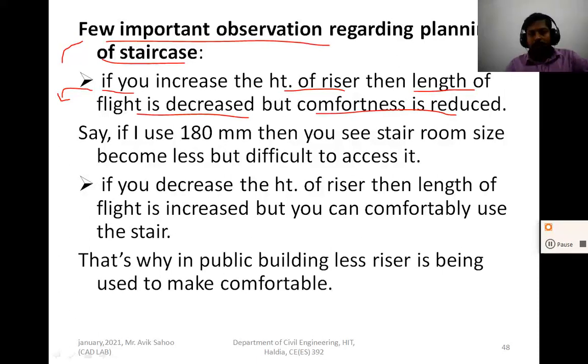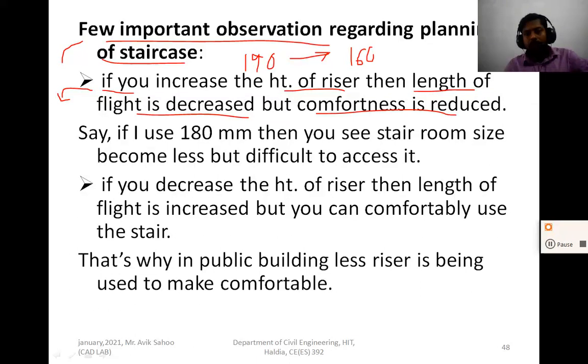Suppose in a residential building I use 190 mm, whereas the standard riser for a residential building is 160. If I use 190, then what happens?